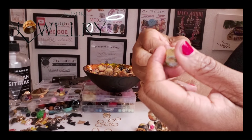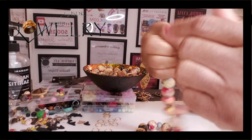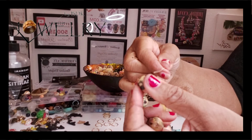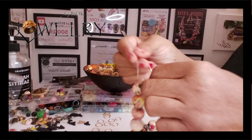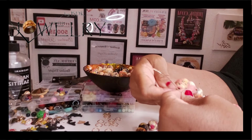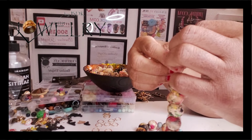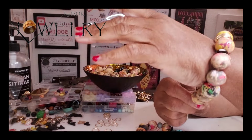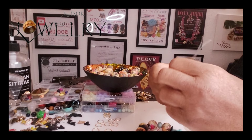Okay, so I'm going to just use these and just finish it off, because we don't need a whole lot on it. I don't even think I want to put a charm on it. I might. Let's see what it looks like. Put a bead on this side. Oh yeah, and that's what that looks like. That's cool. So we're going to tie this off,